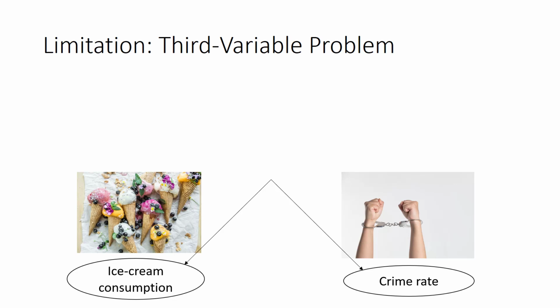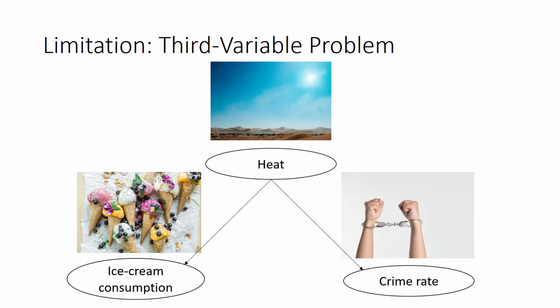This is because of the third variable, heat, which influences both ice cream consumption and the crime rate. In other words, the variable heat confounds the relationship between ice cream consumption and the crime rate. When the weather is hot, people tend to eat more ice cream. But at the same time, heat makes people get irritated and become more aggressive. So the correlation between ice cream consumption and the crime rate is due to the influence of the variable heat